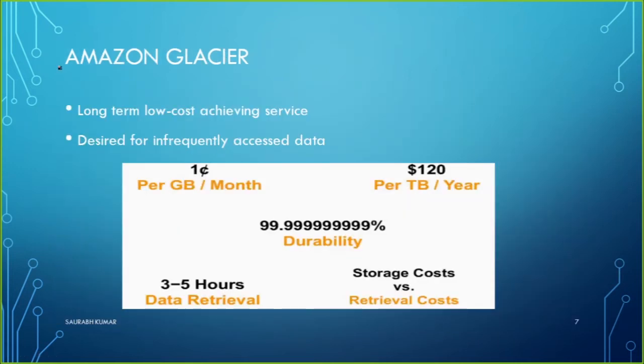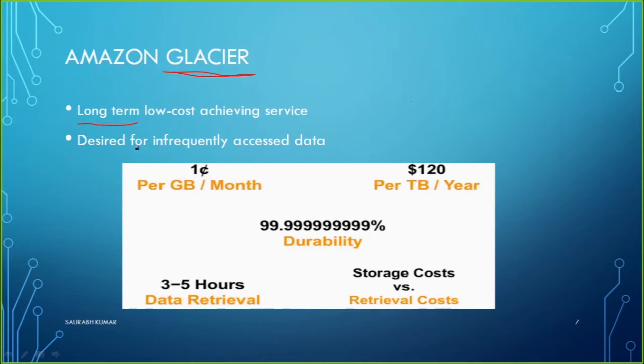Now the next thing we are going to discuss is Amazon Glacier. We have discussed Amazon Glacier before. It is generally used for what? For keeping the archive or keeping your backup. So that is what is mentioned here. It is used for the long term. If you have data which you want to store for a very long term, 5 years, 10 years, 20 years, 25 years, 50 years, then you can go for Glacier. If you want to go even deeper, then there is an option called Glacier Deep.